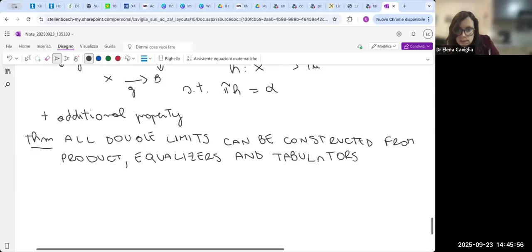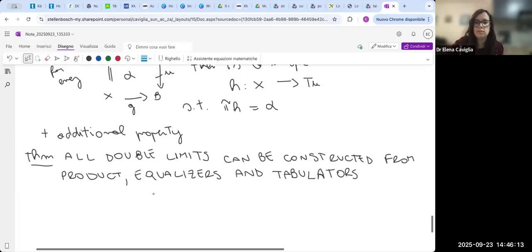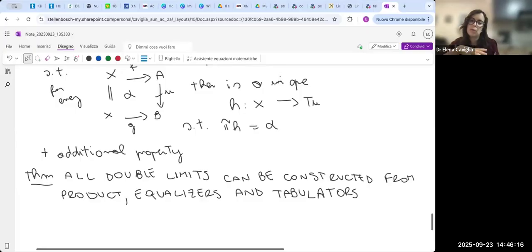And this result to me is very interesting. And in general, all these results of construction of limits starting from simple ones are quite interesting to me, because they tell us how these two-dimensional limits behave, and how we can construct all of them, starting also from limits that we know from ordinary category theory. And this is everything I wanted to say, so you're welcome to ask any questions,